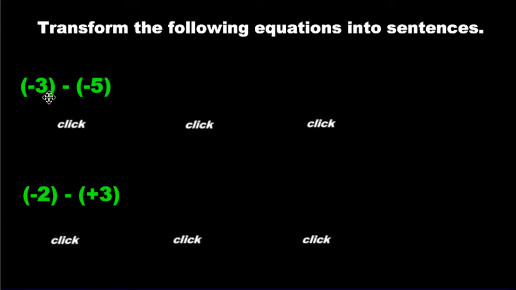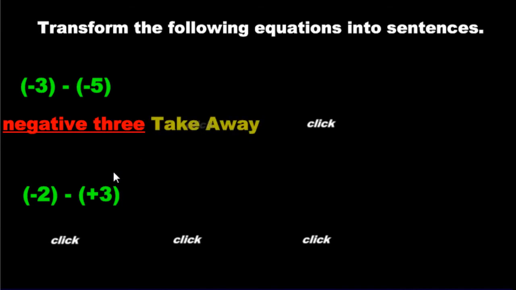Now, when we get to these situations, how do we state these? Mr. Melm, is this -3? Yes, it is. Is this -5? No, it's not. This here is subtract. And I put that for a reason. You could say subtract, that would be all right. You could say minus. You could say all of those things. However, I want you to get used to the words take away. -3 take away,